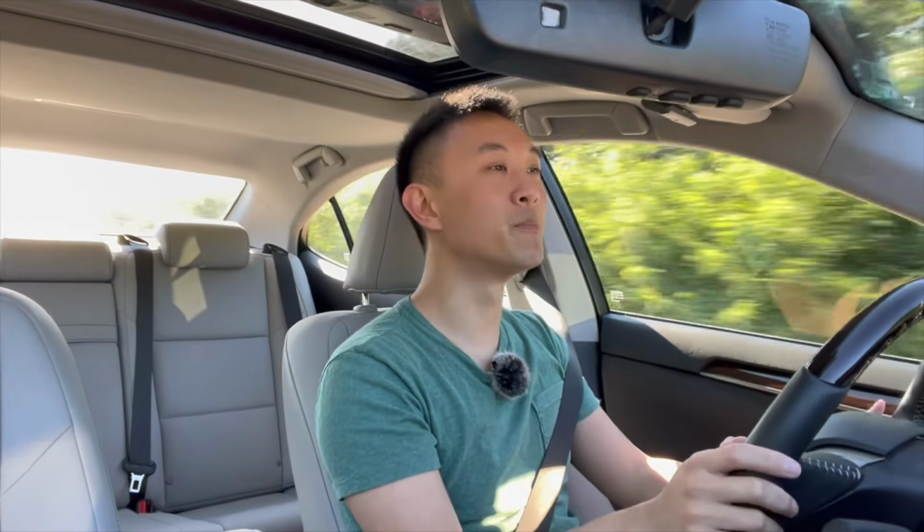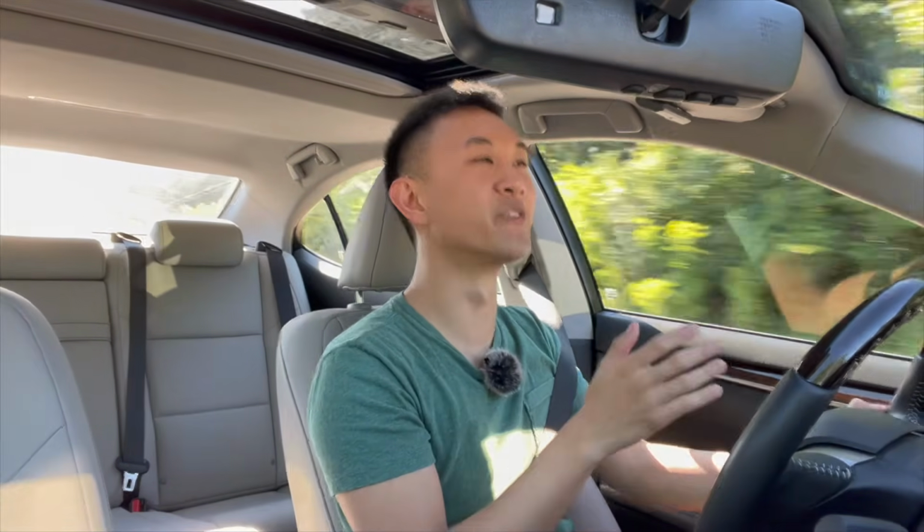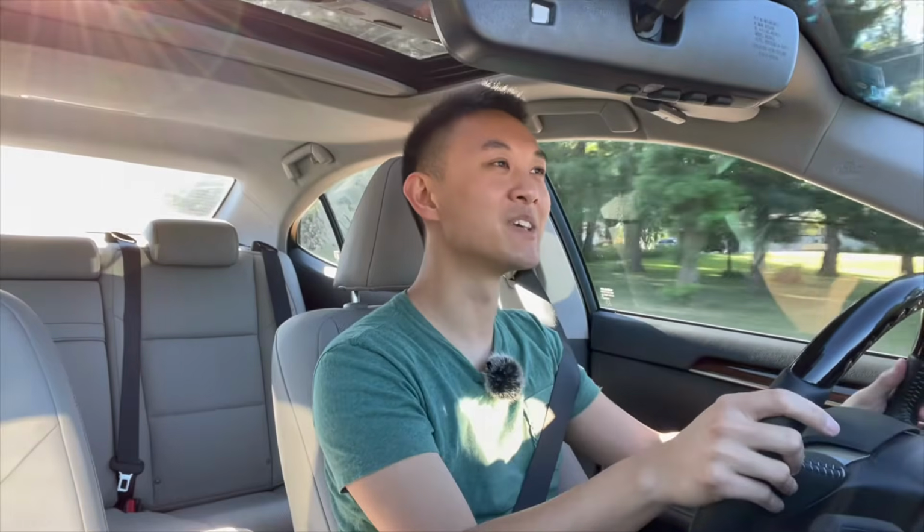0 to 60 in 6.8 seconds. It's really not that bad, but it just doesn't have sporty handling in the slightest, right? Like, when I'm going around corners, it feels like everything's about to turn over. Not really, it's not an SUV, so it has a low center of gravity, but overall, this is not a sporty car. This is meant for quiet comfort. Honestly, sometimes it's a little too quiet in my opinion. It's a little too comfortable because I can definitely get tired on long road trips and stuff like that,